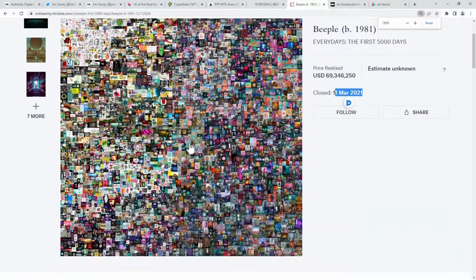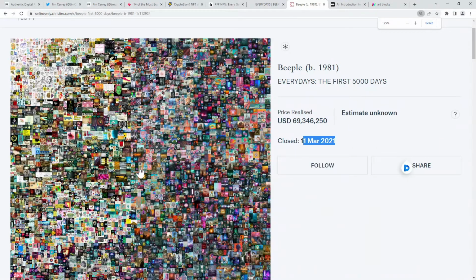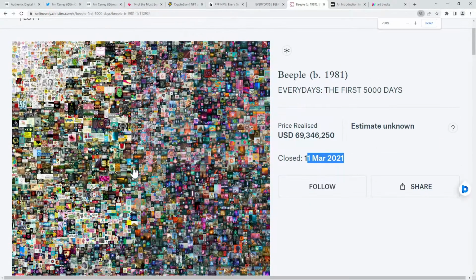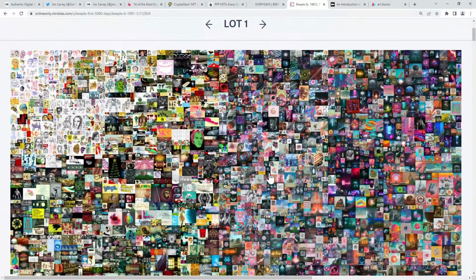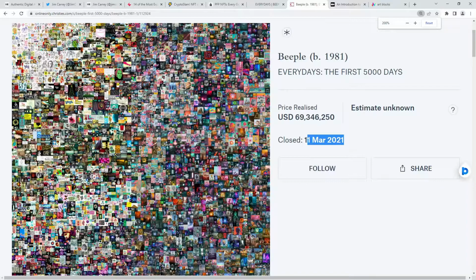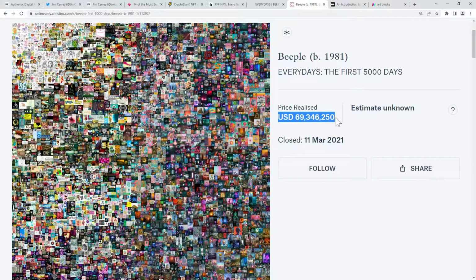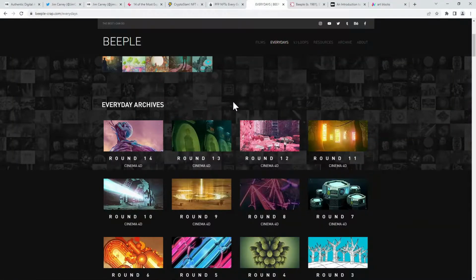I saw his interview on YouTube, and he was mentioning that he wants to place this in his own metaverse that he's building. So an art gallery within his metaverse will feature The First 5,000 Days by Beeple. So obviously this is, I don't know if that kind of sale is going to get repeated anytime soon, but